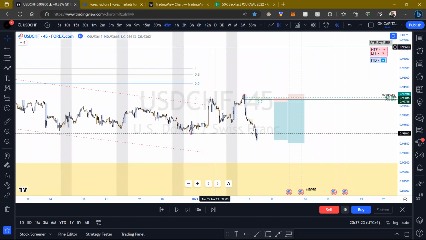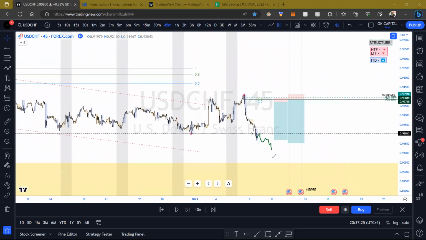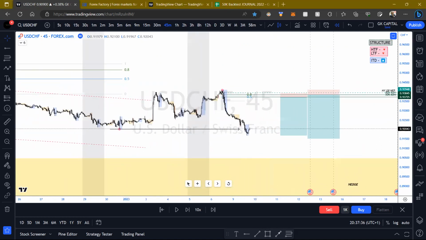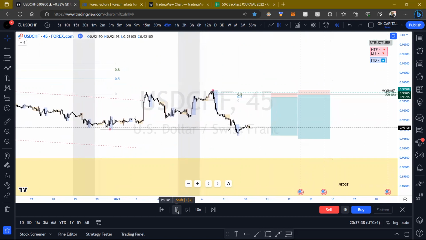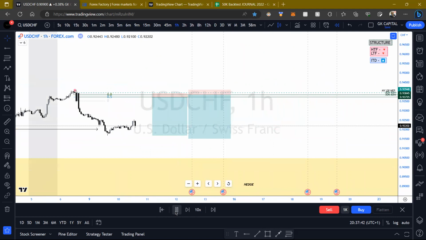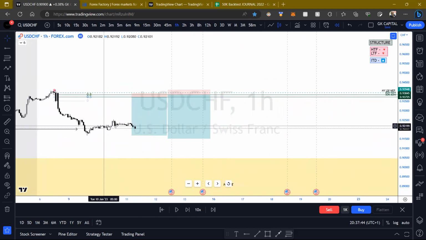We just have to see whether price still has some more to go down or whether it wants to come up. But that's got nothing to do with me just yet because this POI is set. It's good to go for me. So limit has been done. We just now need to wait. Let me come up. Okay. So it seems like the retracement has started.